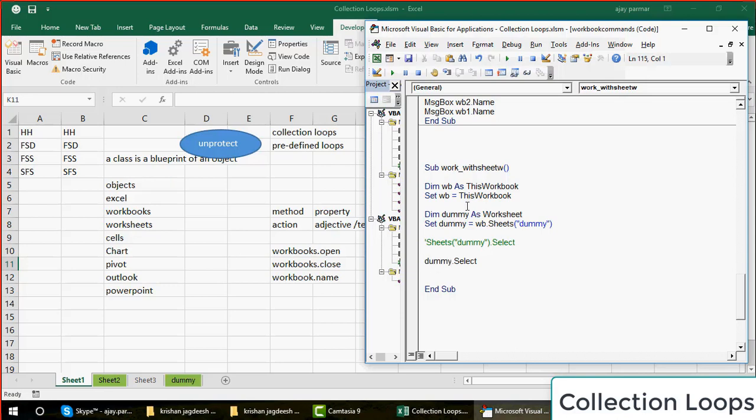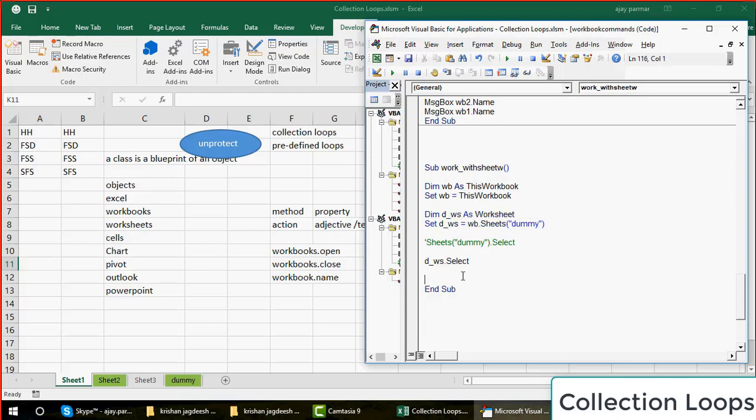I can also create WS like this. That's all. It's my choice, but I prefer writing dummy, because dummy is not a VBA word. It's my own created word. Or maybe dummy underscore WS I can create, or D underscore WS as well, to keep it short. I leave it to you how you want to do it.